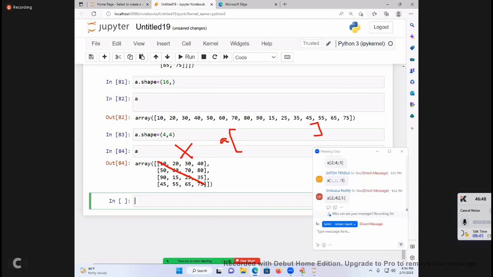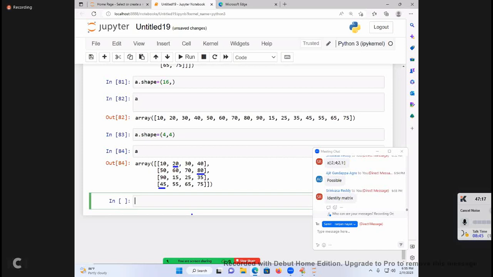Will you try? Not possible. I want these backward diagonal elements. I want to select 20, 45, 80. Not possible. This is called what? Random selection. Not possible.